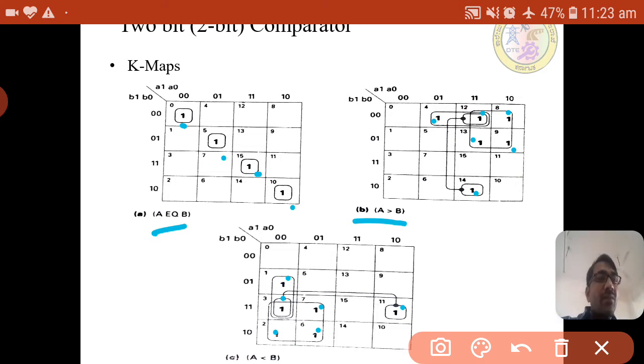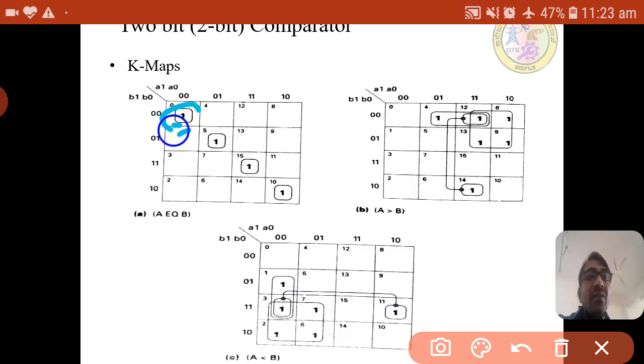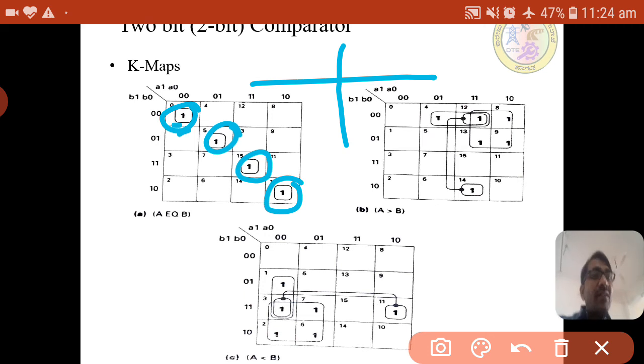Now after putting the ones onto the K-map, we need to group those ones into adjacent cells. Here each 1 is in a separate cell. In the corner we can't group, we can only group in vertical and horizontal lines.